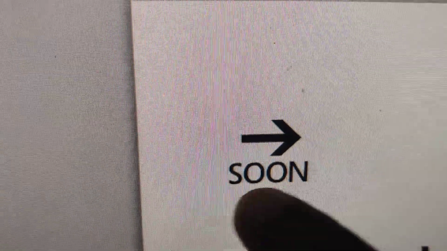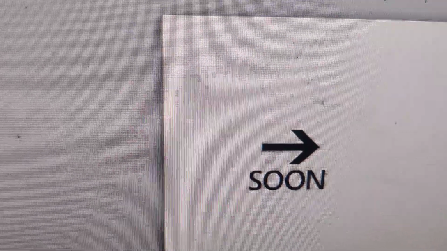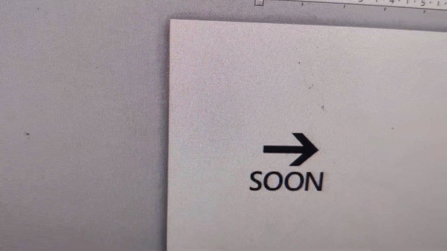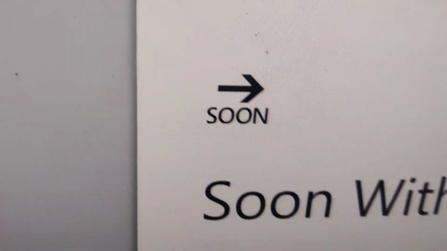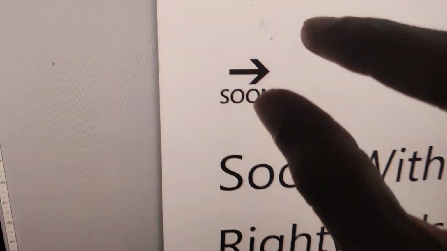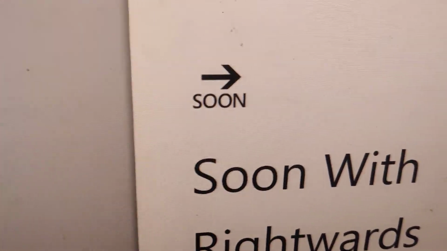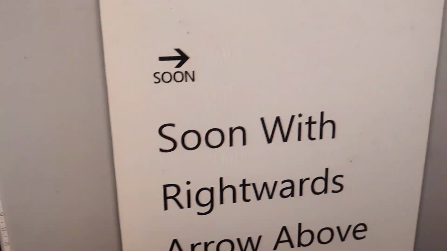So look at this symbol. This is soon with rightwards arrow above. So to create this symbol, that is soon with rightwards arrow above, in your computer using keyboard shortcut in Word, you must open your Microsoft Word,